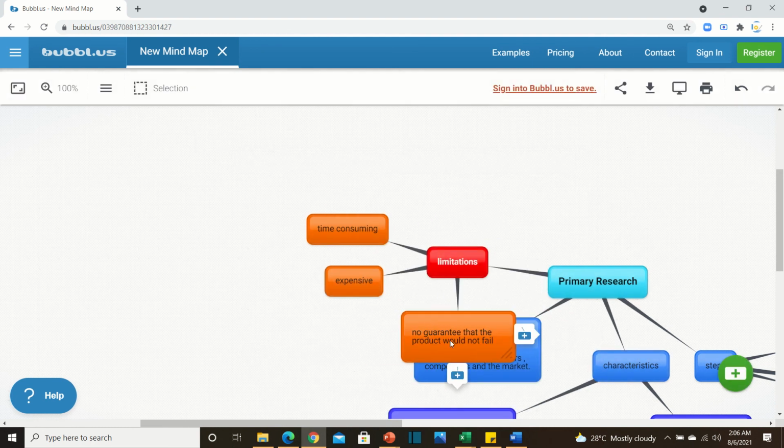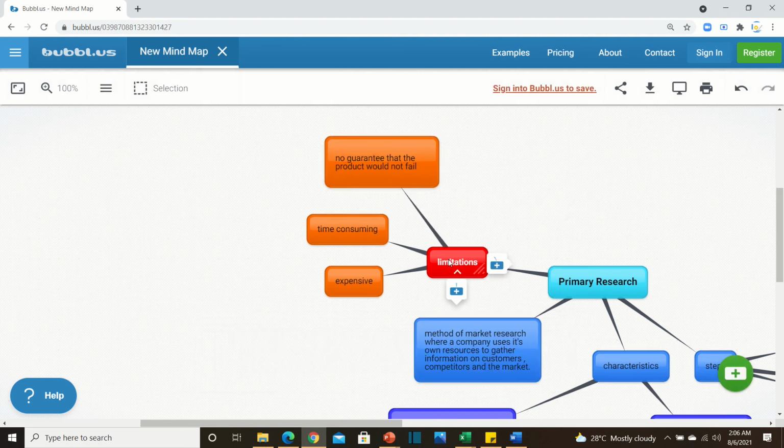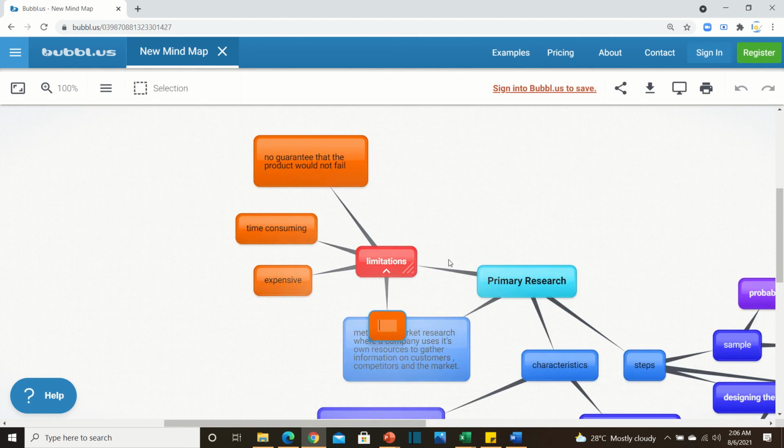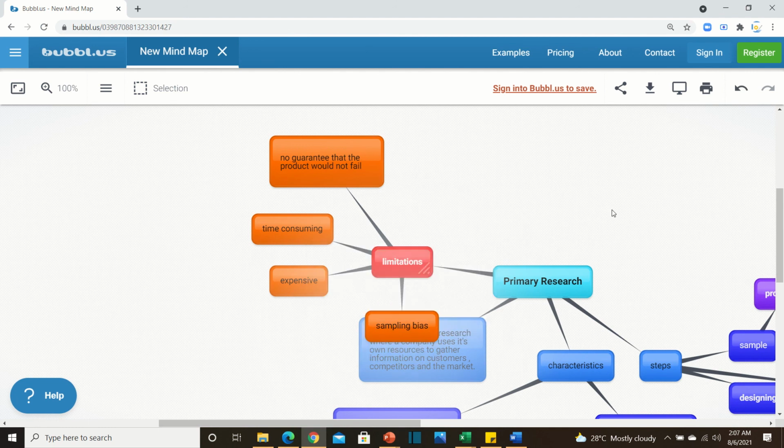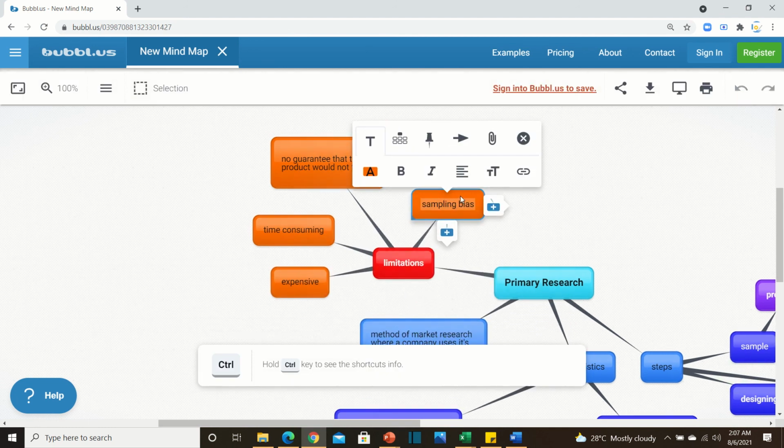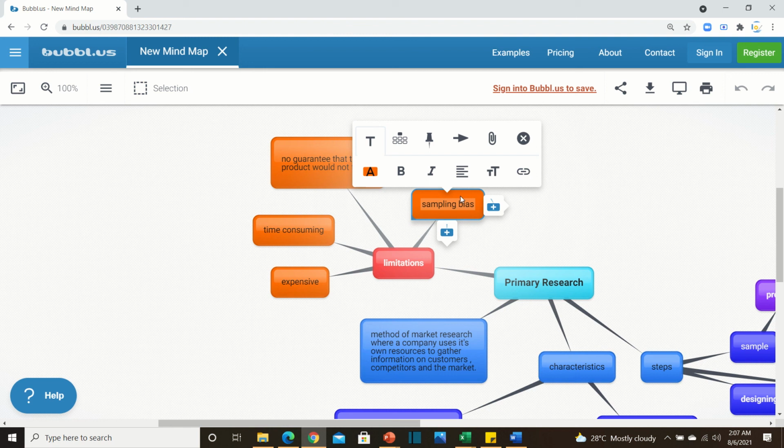दूसरी बात ये कि there are lots of errors in primary research which could undermine how the research is being done. For example, there could be something known as sampling bias, और इसको हम sampling के अंदर अच्छी तरीके से discuss करेंगे. लेकिन sampling bias is basically when your sample is either not representative or it is not random, like you have chosen it based on a particular convenience. आपको 10 लोग चाहिए थे जिनसे आपने सवाल करने थे, और बजाय इसके कि आप पूरे शहर में जाके लोगों से बात करते, आप अपने गली मोहल्ले में जाके आपने 10 ऐसी लोगों को चुन लिया. हो सकता है वो आपके रिप्रेजेंटेटिव पॉपुलेशन ही नहीं हो.